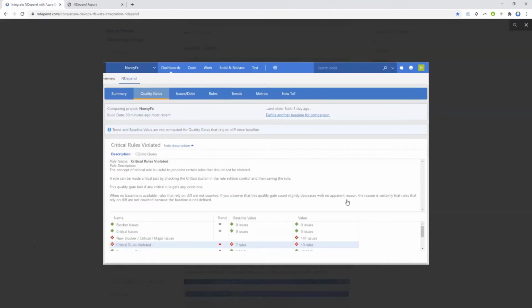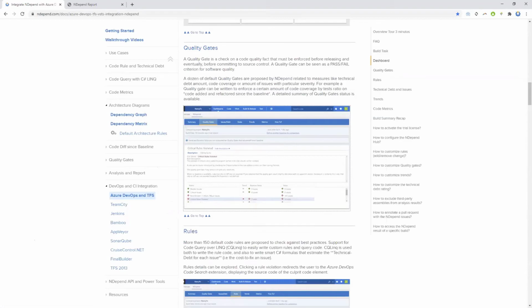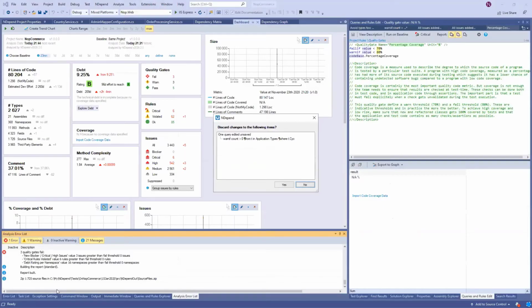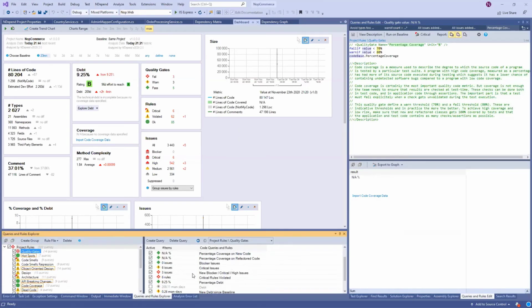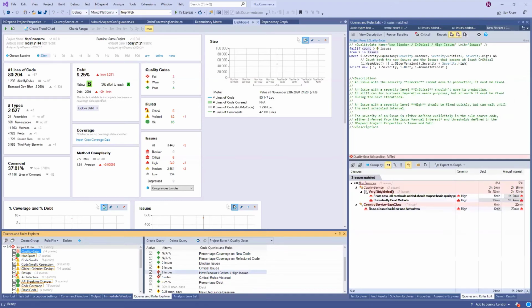And just to finish the quality gate I was mentioning before, basically the usage of a quality gate is to fail the build. So yes, here is the quality gate. With a quality gate, what you want to do is to fail a build when they are red, when they are failing. Here there is a new high issue, I mean with a severity of blocker, critical or high.